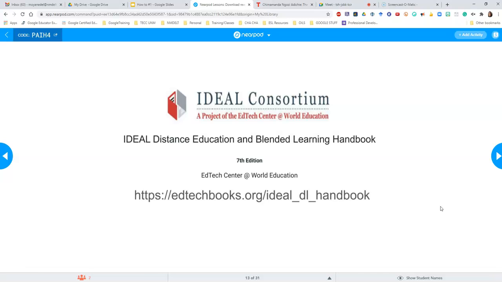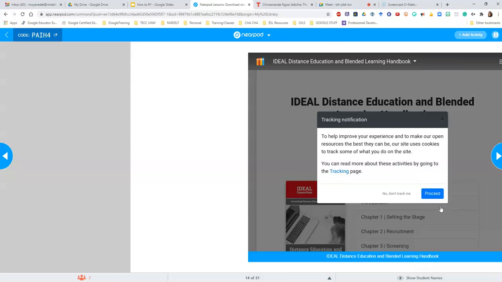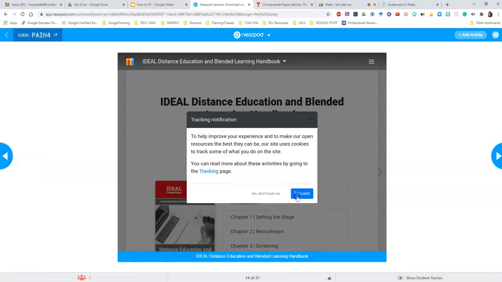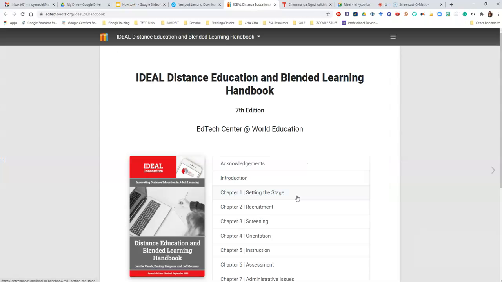We are going to be referring to the work done by the IDEAL Consortium and the Distance Education and Blended Learning Handbook. It's been updated to the 7th edition, and a couple of things in the appendices there are great tools for you to prepare yourself and your students for online learning. The next slide, Monty, can you? Yeah, thank you. So here it is,